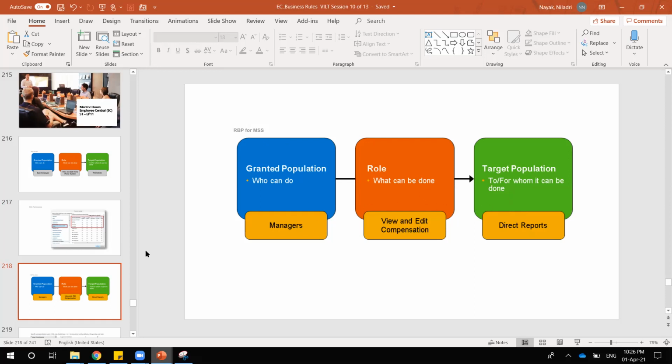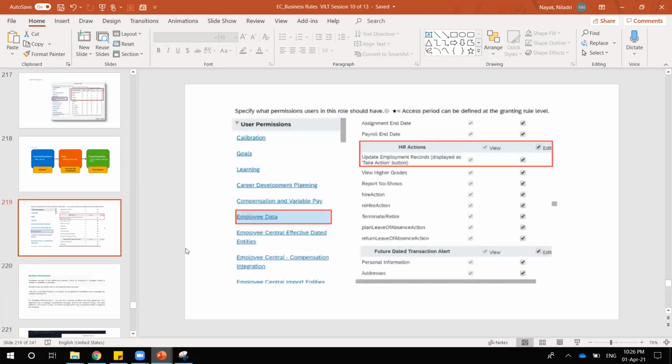And how is it controlled? You will be seeing those things in the permission. There will be another small section. It is a little tricky. Here we do not use the MSS terminology. Rather we use something called HR actions. In some organizations the HR will be doing it. In some organizations the manager has the permission to do that. So for that reason, generically we call it MSS, but it is up to the organization how they will be doing that. So with that, let me go to the system and I will show you user permissions,